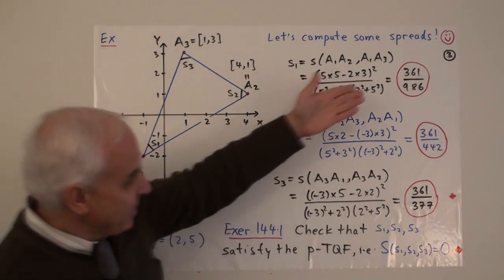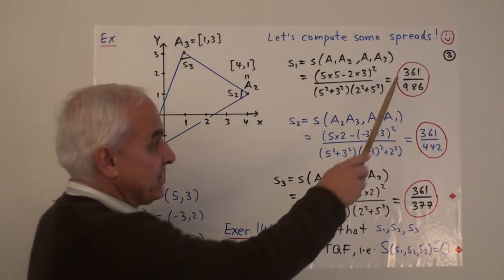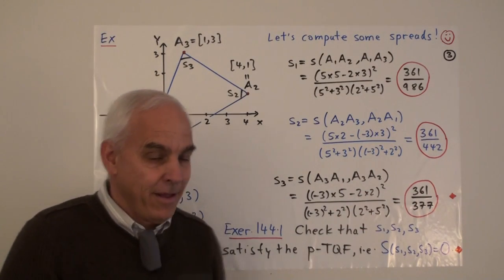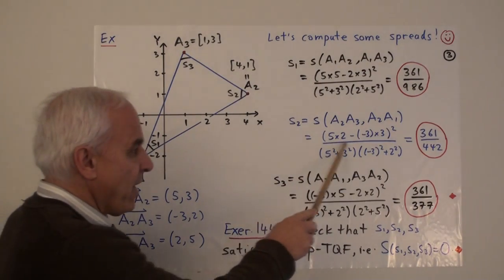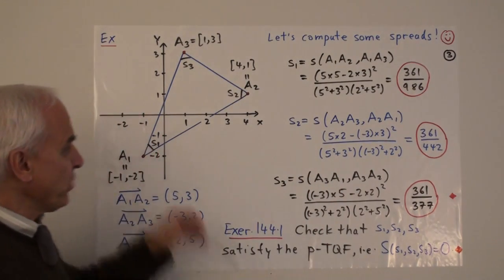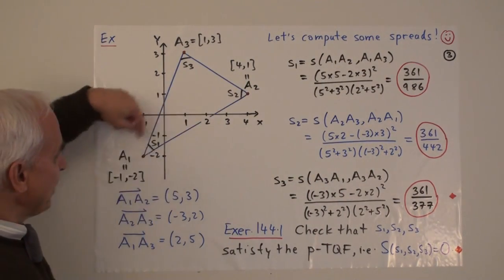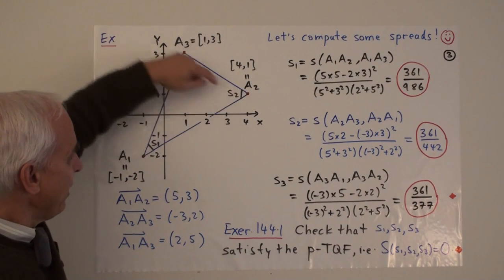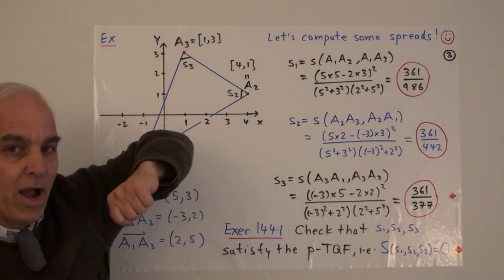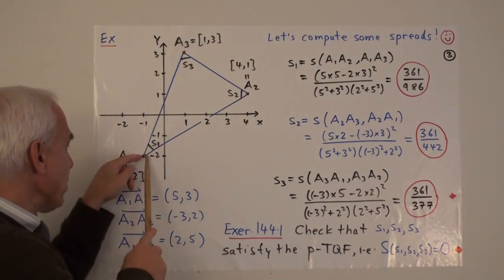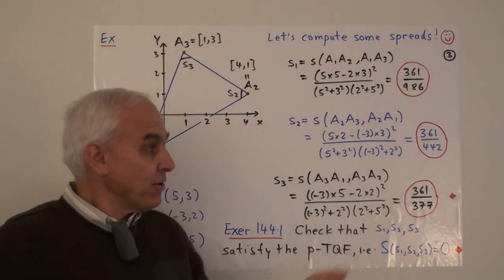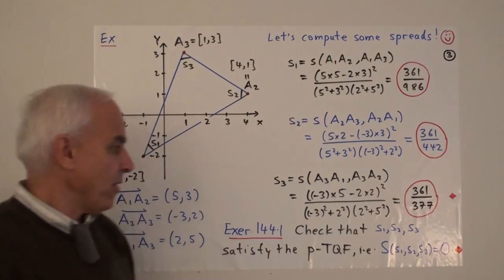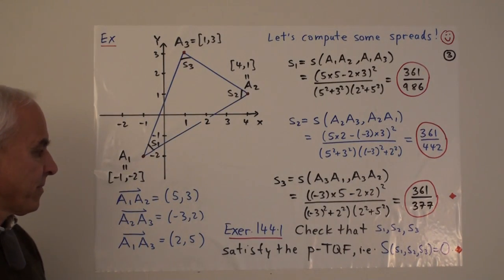Another interesting observation is that the 361 is appearing here. And if you think about it, that's not really a surprise because you probably know by now that this numerator is really measuring a determinant, which is pretty close to being the area squared of this triangle. Okay? And whether you measure it from here or from here or from here, you're getting the same quantity. So I hope that's not too much of a surprise, although it's an interesting observation.